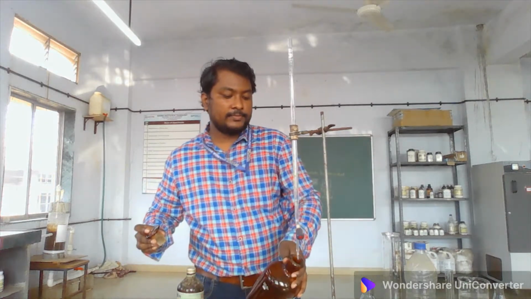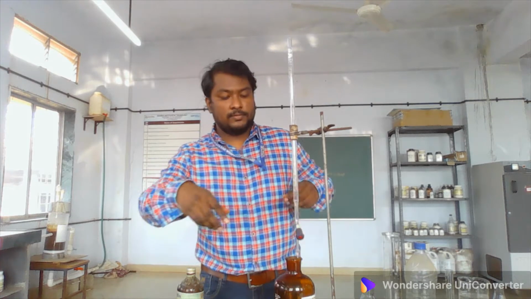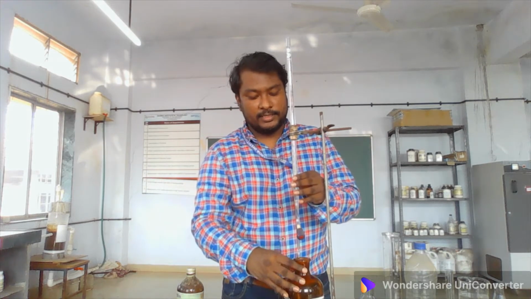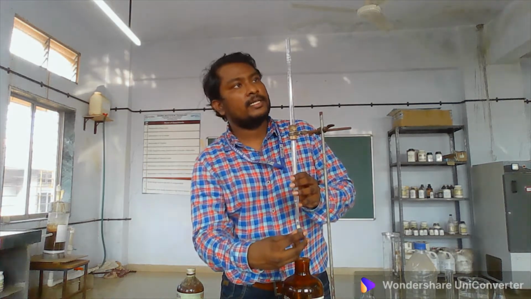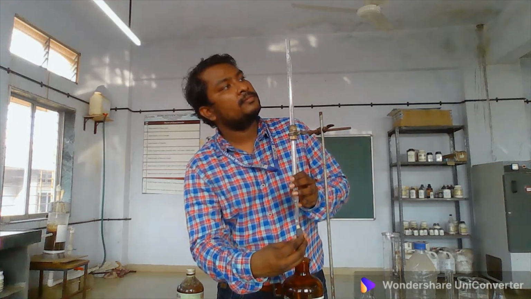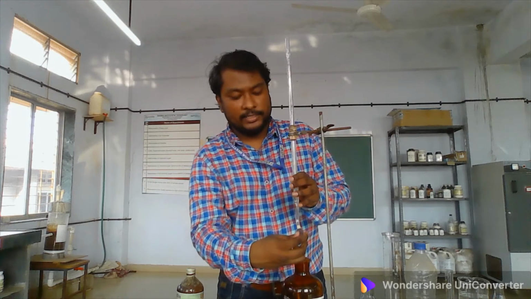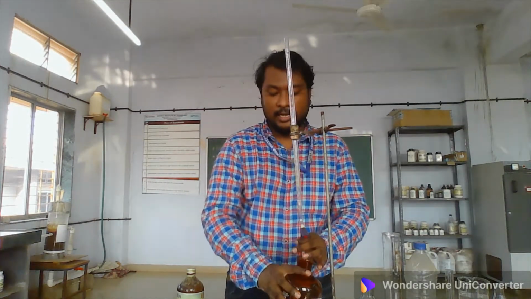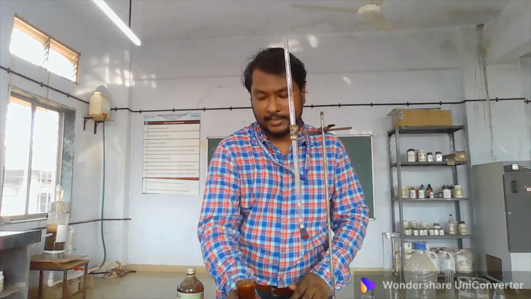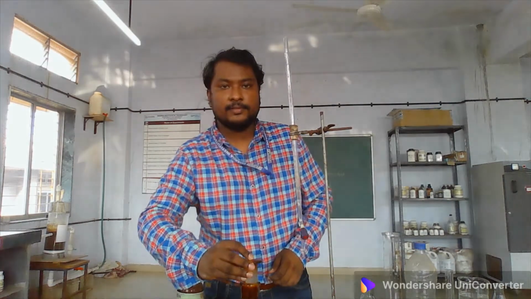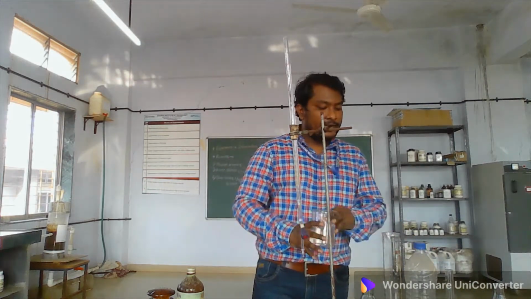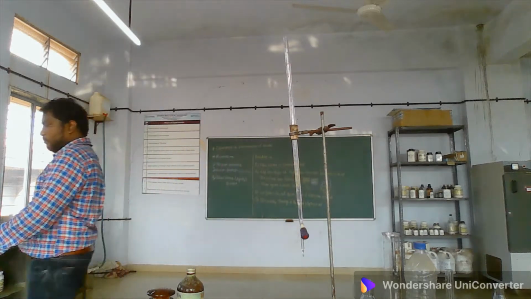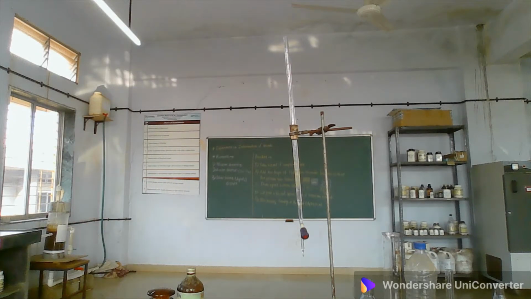Now the extra surplus titrant I am going to remove into this jar. Extra surplus I have removed. Now exactly at the 0 mark I have set the level of the silver nitrate, that is your titrant. Now I will be performing the titration. First of all, I will take a 100 ml sample. Just 1 minute, I will bring the 100 ml sample.